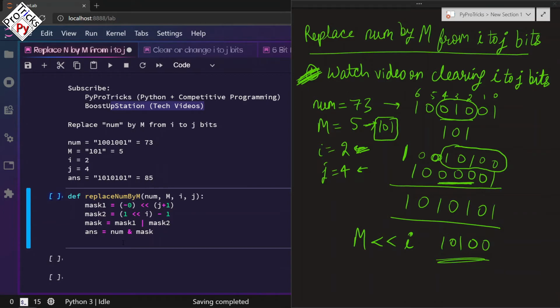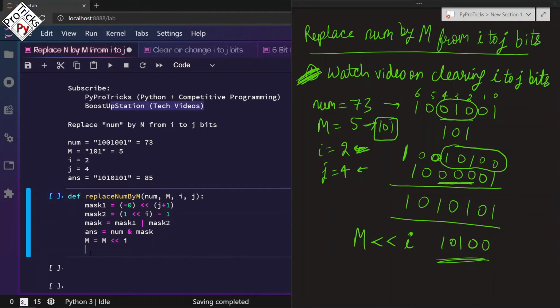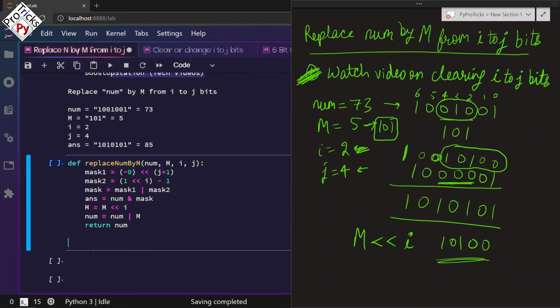Now what I have to do is shift m by I number of places, then we are going to get this representation, and we are just going to do an OR with the number itself, num OR m, and just return the number.